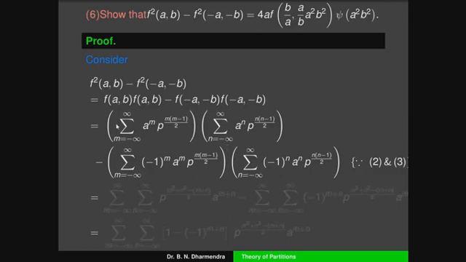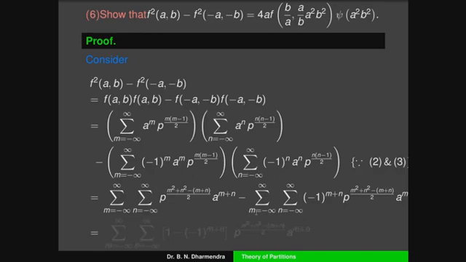And also when I have to multiply the terms of that series, the first one is m running from minus infinity to plus infinity, the second one is n running from minus infinity to plus infinity, and p to the power of (m² + n² - m + n)/2. The base is p, and we can add the powers. Here a^m into a^n becomes a^(m+n). Here also we take the product.